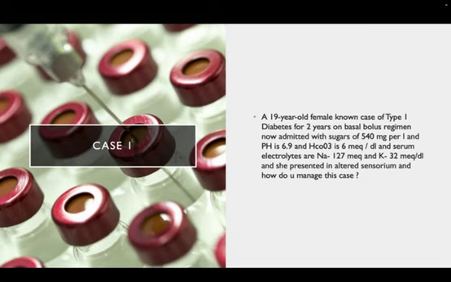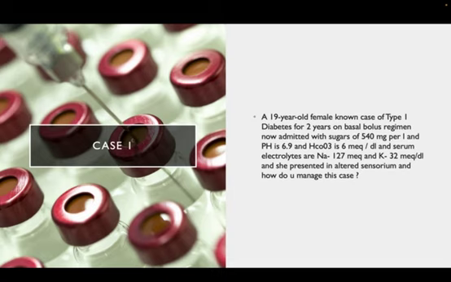So at this age, until you correct the potassium to more than 3.3 milliequivalents per deciliter. So first, what do you do for this patient? For any primary case of diabetic ketoacidosis, first line management is always giving fluids to the patient. So initially, in the first 2 to 3 hours, you should give around 2 to 3 liters of normal saline to these patients. Then you can start correcting the potassium also, around 40 to 80 milliequivalents